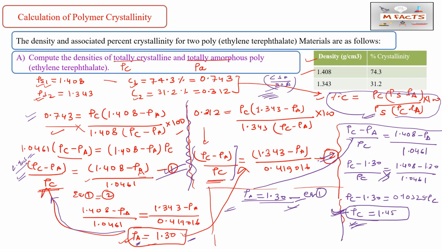Also, I suggest that whenever you find this type of question in an exam, if you get both the parts, please do this later, after solving all the other questions, so that you can give it much more time. Initially, if you get stuck in the calculation of polymer crystallinity, you will go down the wrong path, not find the correct answer, and also waste your time. So I suggest you do this question last.